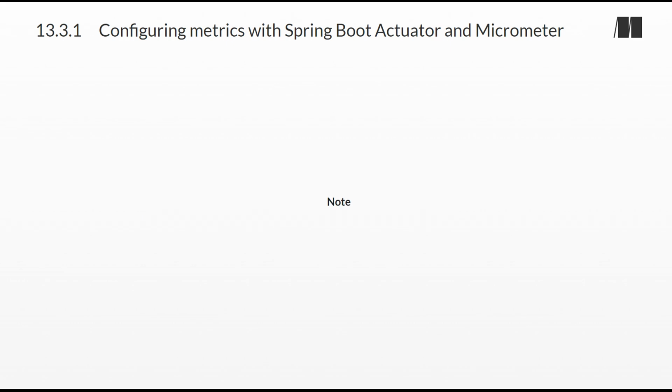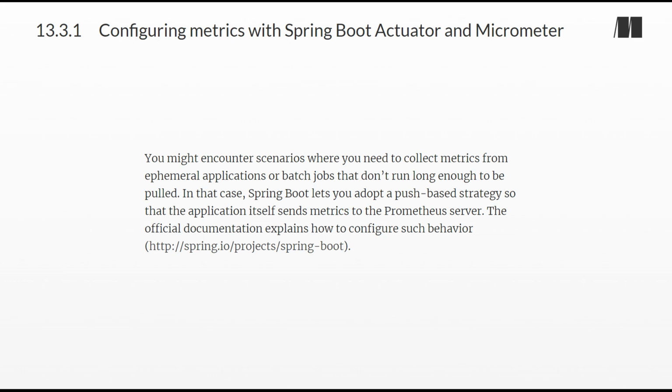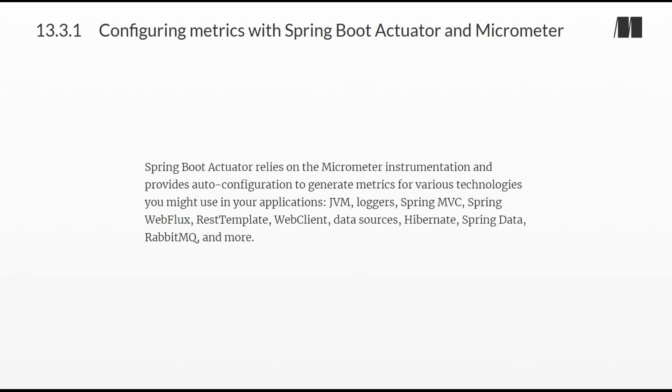Note: you might encounter scenarios where you need to collect metrics from ephemeral applications or batch jobs that don't run long enough to be pulled. In that case, Spring Boot lets you adopt a push-based strategy so that the application itself sends metrics to the Prometheus server. The official documentation explains how to configure such behavior. Spring Boot Actuator relies on the Micrometer instrumentation and provides auto-configuration to generate metrics for various technologies